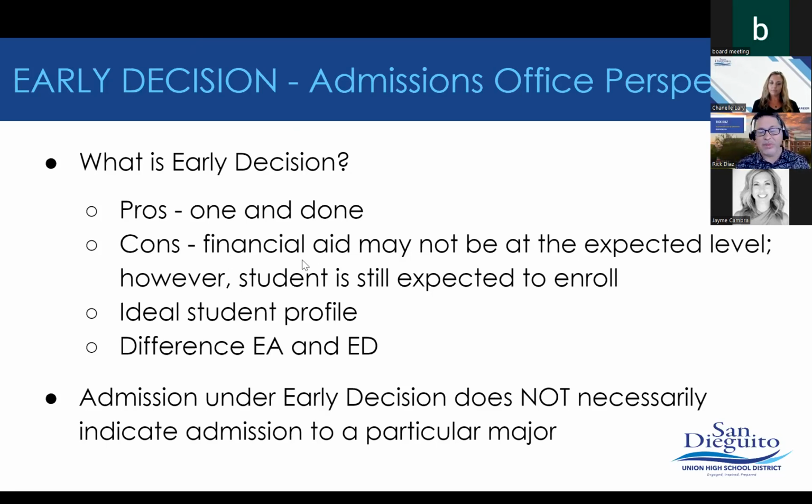So, for example, SMU has a phenomenal dance program. We tell kids, do not apply early decision, because you don't know if you're going to pass a dance audition. You may think you're the best sugar plum fairy we've ever seen. We may disagree. And so you may be admitted to the university, but not to the dance program, but you did ED, which means you're coming, but you're not, and it gets all messy. So be mindful of, are you applying to the university or are you applying to that particular major?